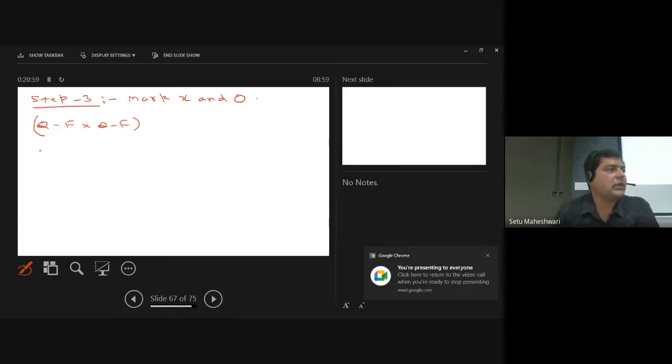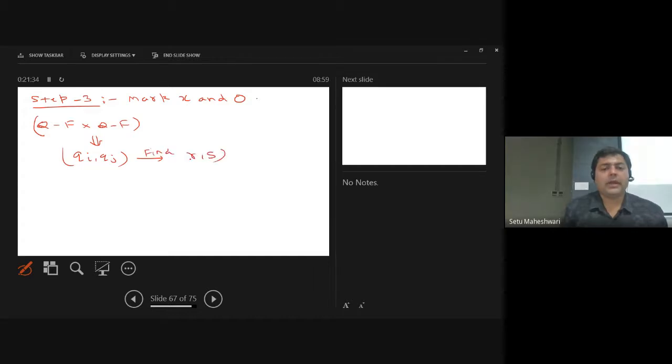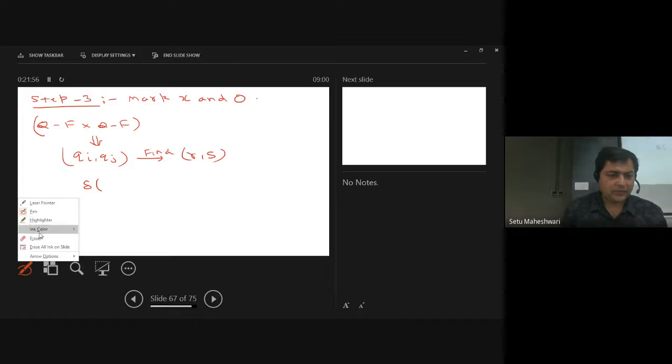So what we have to consider is Q minus F cross Q minus F, in such a way that if we have any entry Qi and Qj from Q minus F cross Q minus F, then for this entry I have to find out R comma S, such that delta of... In fact, first let me write it theoretically, and then I will explain so that you can consider both the cases.